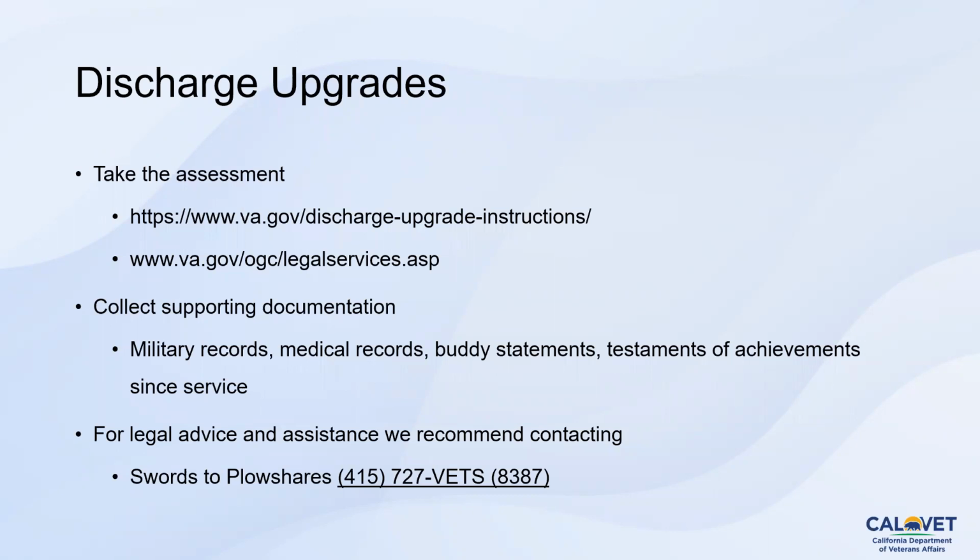In a nutshell, discharge upgrades only occur when you can show that something was done incorrectly in the process of assigning you your current discharge. Okay. Essentially, what we're going to do is we're going to petition the Department of Defense and say that we believe that the discharge grade that was given was incorrect for the following reasons, and we're petitioning to have it upgraded. I want to go ahead and dispel the myth that just getting out of service and keeping your nose clean for 20 years automatically gets your discharge upgrade. If you do not take any action whatsoever on your discharge, it will never change.